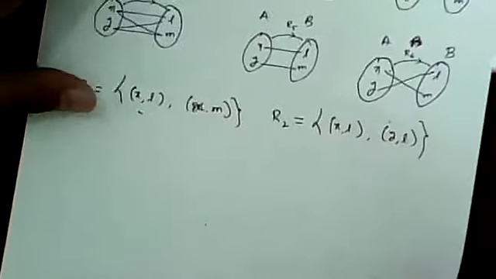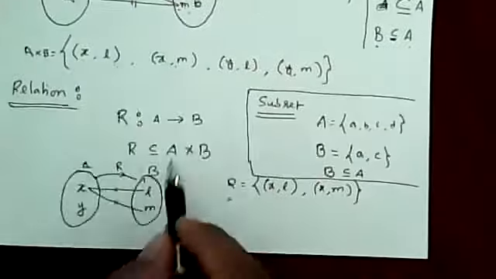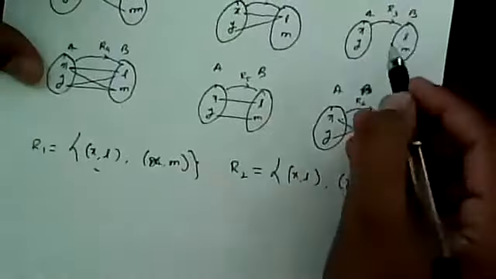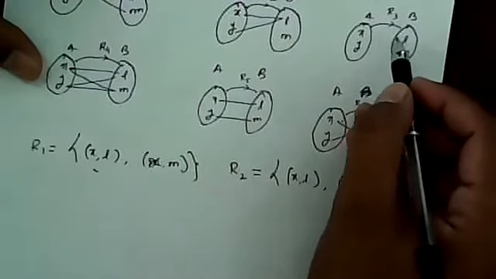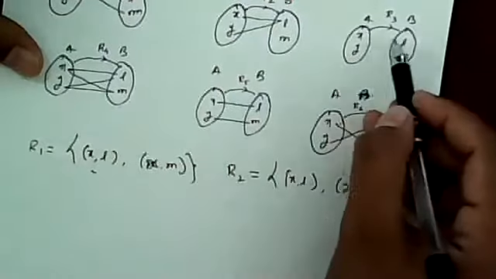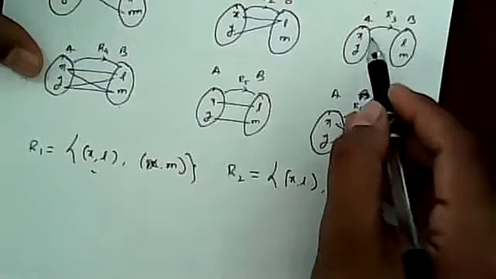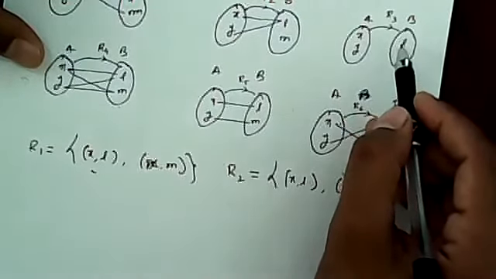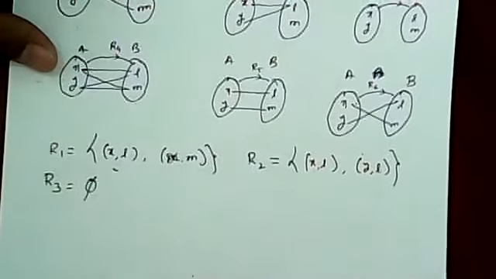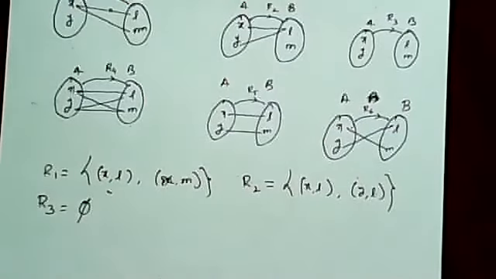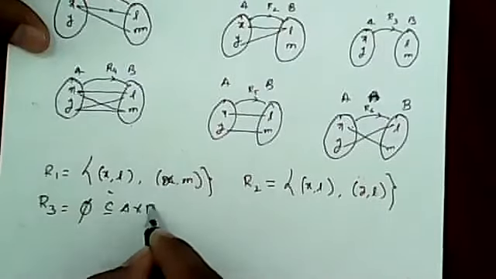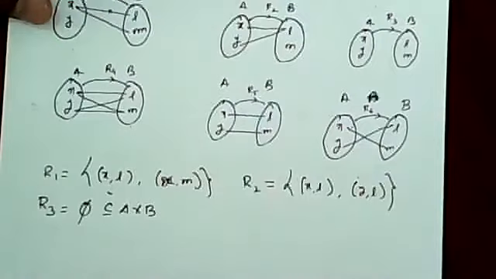Okay, and here in this case, what is the Cartesian product? This is the Cartesian product: XL, XM, YL, YM. Now let me talk about this R3. While I am forming this R3, I told you not to say anything to B. Then in that case, we are not getting any relation, any connections, right? So not getting any connections means this is just an empty set, right? So R3 is nothing but an empty set. And we know that the empty set is always a subset of any set. So the empty set is also a subset of A cross B. So yes, the empty set is also a relation.